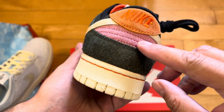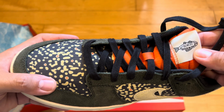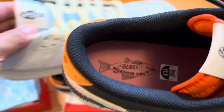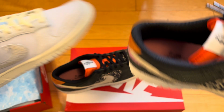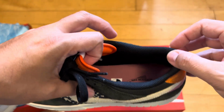You'll hit a pink here, bright orange tongue, ripstop tongue. You got the same fish logo up top, Beaverton, Oregon fish logo, and then same on the inside. Are they the same fish? It does look like the same fish logo. Black laces, pink inside, same perforated